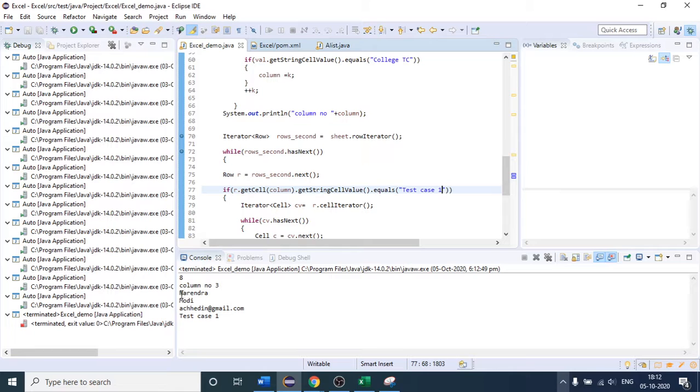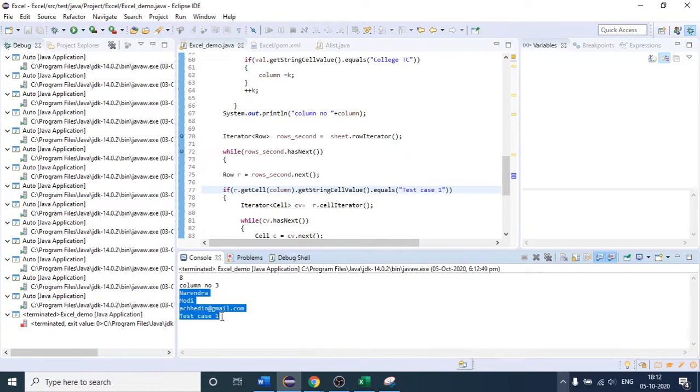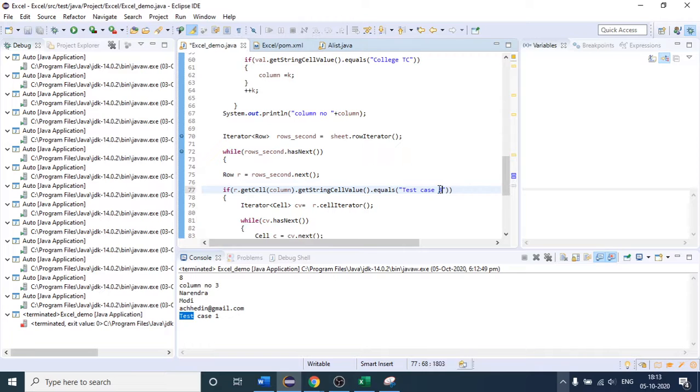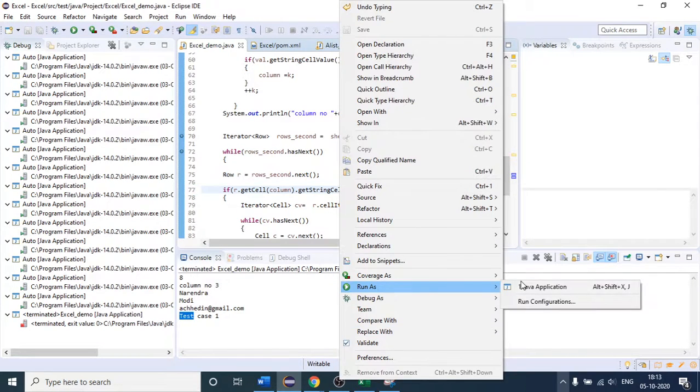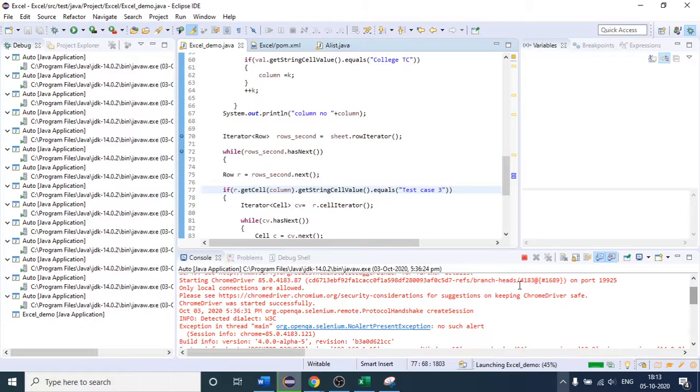you can see, focus on this one. We are getting these two values because I had to explain that at that particular point. But as of now, our main intention should be this. This is the actual data of our test case: first name, last name, and the email ID. If I put test case 3 here, again it will work. Likewise, you can have any number of rows and columns. So this is how we have to approach it.